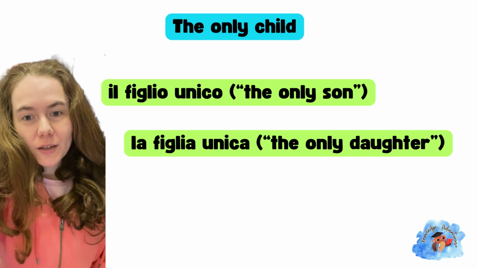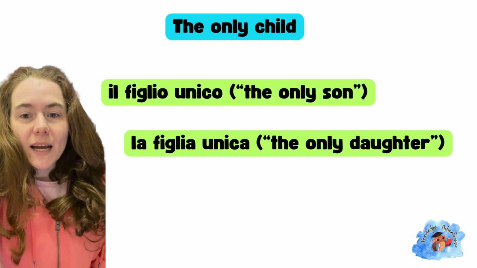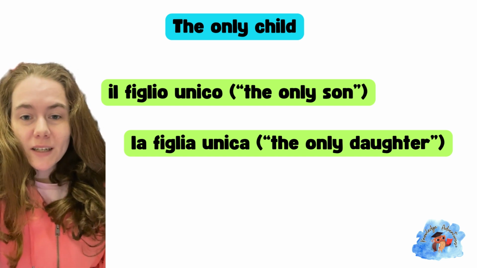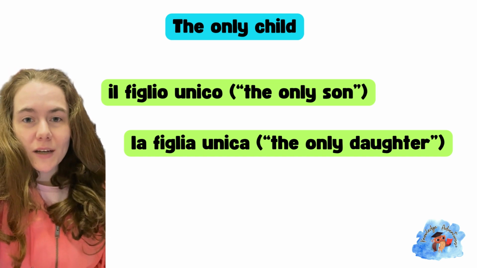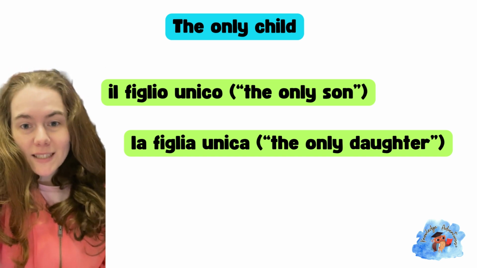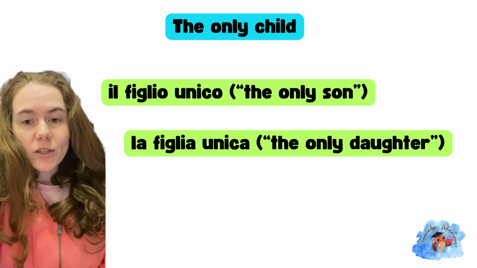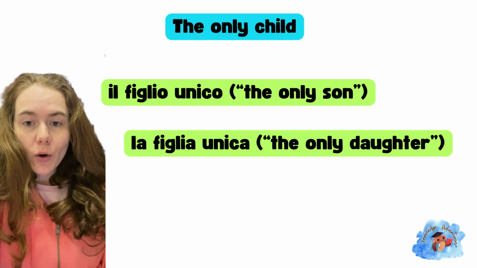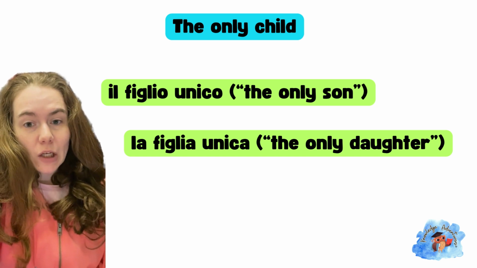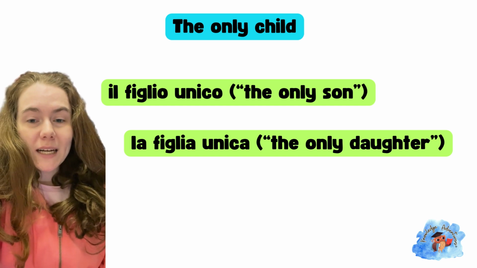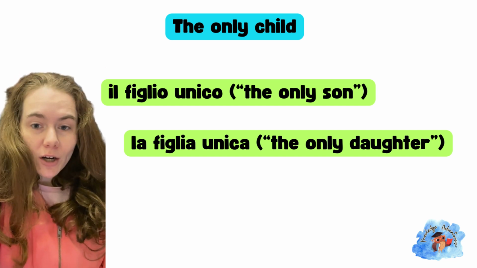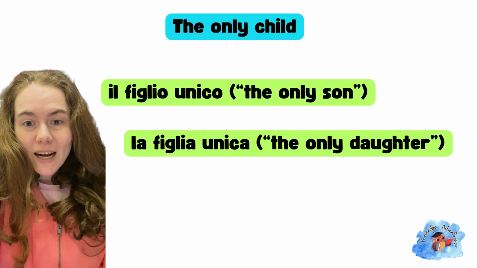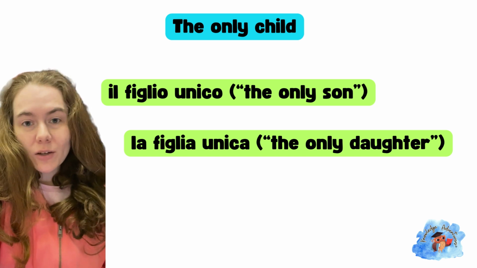The only child. Well, this depends what you're wanting to say. First, you have to know how to say child, and not necessarily just the word child, but we're specifically saying whether it's a son or a daughter. So if I'm saying the son, it's going to be il, which is the guy version of saying the for one person. And then I say figlio. So the son is il figlio. This is ending with an O because I'm talking about a guy. If I was saying the daughter, then I'd have to say la figlia. La figlia. And these are ending with A because when I'm talking about a girl, I usually end with an A.